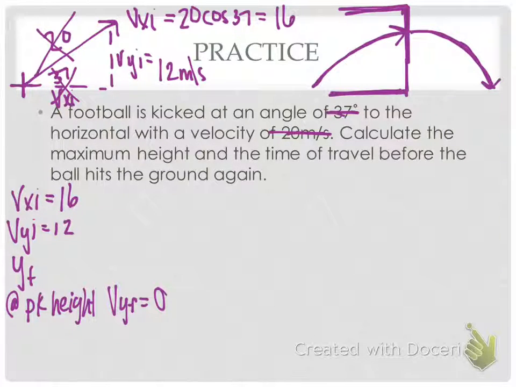We could use the last one, right? The third one? Could we use the first one? We don't have time, so we can't use the first one unless we want to solve for time, which we could. But we can use the last one, right? So v sub yf squared equals v sub yi squared plus 2a y final. If you did the first one first,